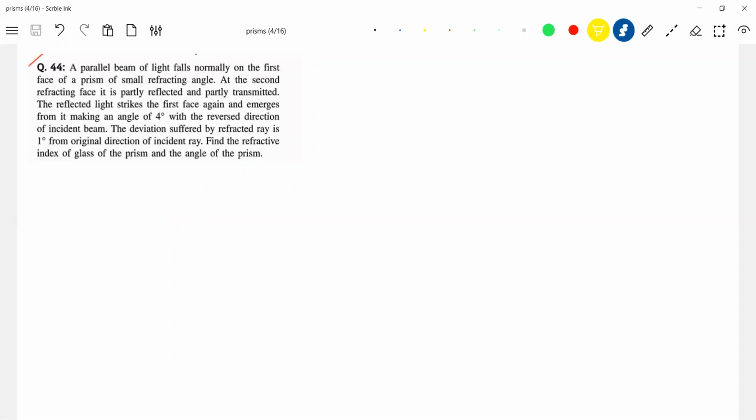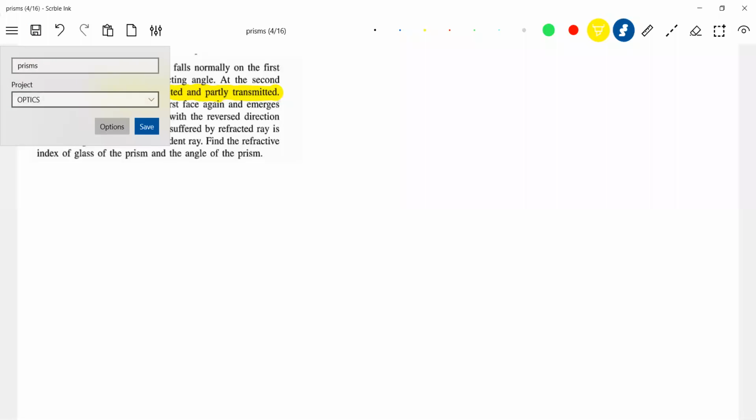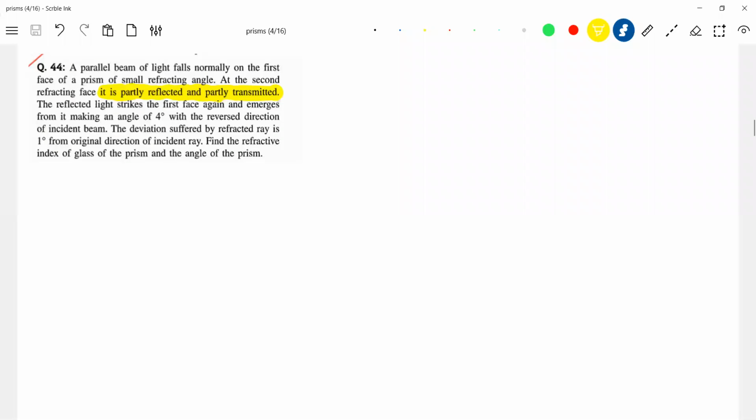This is something I picked up. Try to see the thing which I'm highlighting. It is partly reflected, partly transmitted. And there's a question you are supposed to ask a teacher: Sir, in a prism, can it happen at any boundary that a part of the EM wave is transmitted and a part reflected? Because what is light? Light is an EM wave. Of course, what we did is we took the ideal case, where all the energy is transmitted. But it's natural that part will be reflected and part will be transmitted.